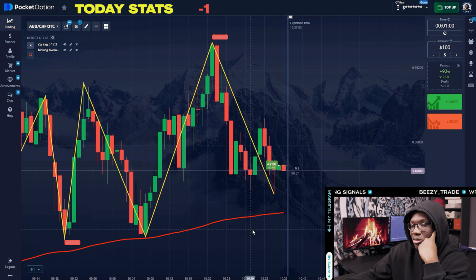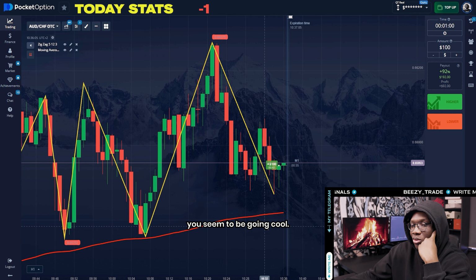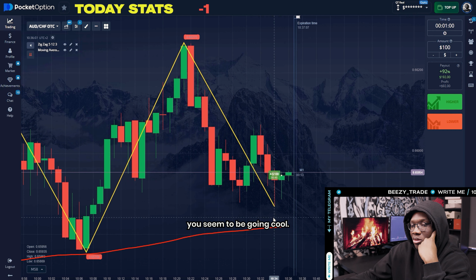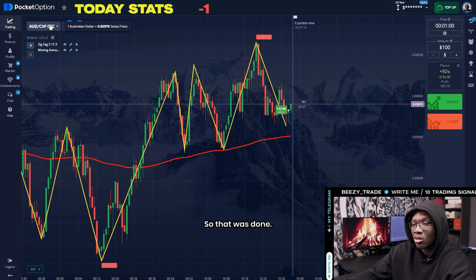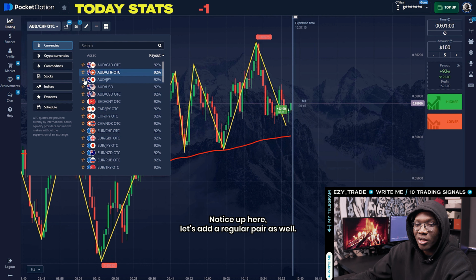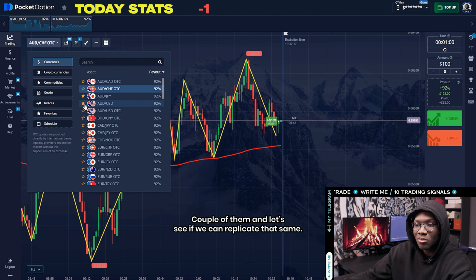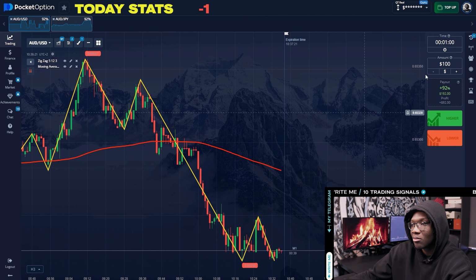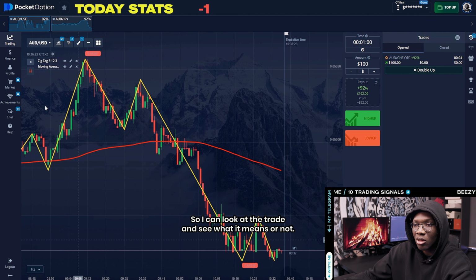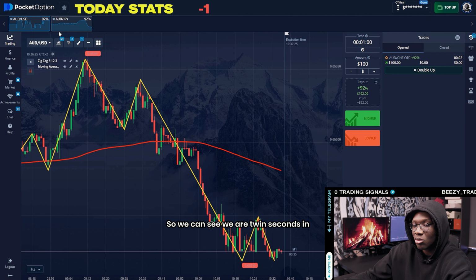And it seemed to be going well. So we're just going to wait and see where we end on this. That was done in an OTC pair. Let's add a regular pair as well, a couple of them, and let's see if we can replicate that, so I can look at the trade and see if it wins or not. So we can see we are 20 seconds in,